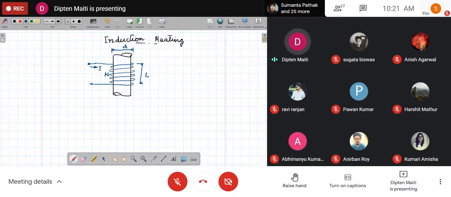and due to that, remember, for the induction heating, we need not have a complete circuit across the secondary. So if we consider the number of turns N, carrying a current I, as the primary of the transformer, the secondary is the metal piece. However, this need not be a complete circuit. If you look here, this is a part of the metal piece. So as such, there is no chance of current passing here.